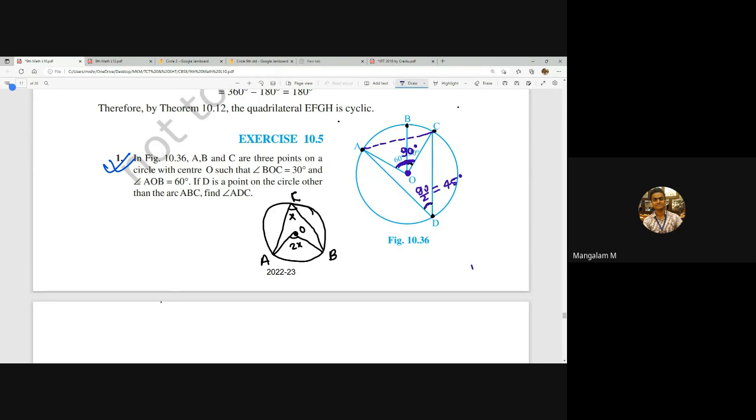But this topic is what? The topic is, right now we are discussing the topic cyclic quadrilateral. Okay, but we do not use the theorem of cyclic quadrilateral in this question. So let us try to solve this question using the concept of cyclic quadrilateral. In cyclic quadrilateral, what we know, let's say this is a circle and this is a quadrilateral ABCD, right? So the sum of the opposite angle of a cyclic quadrilateral is 180 degree.